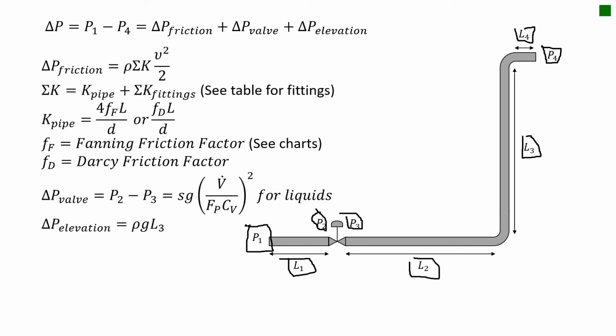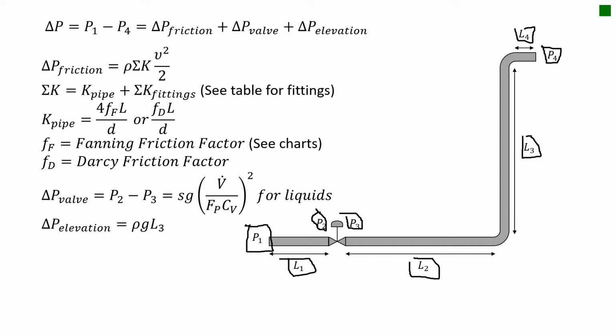We'll review some of the Transport 1 course material when we're looking at the pressure loss due to friction in pipelines. And that's equal to the density of the fluid that we have. It also is a function of these K values that we will sum up and the velocity squared over 2. And the sum of the K's is just the K of the pipeline, which we'll talk about in just a minute, but also the K values of all the fittings in the pipe,